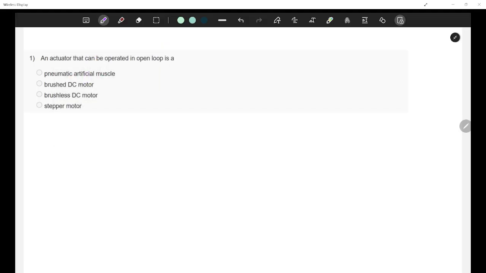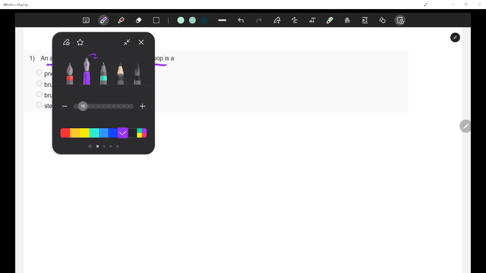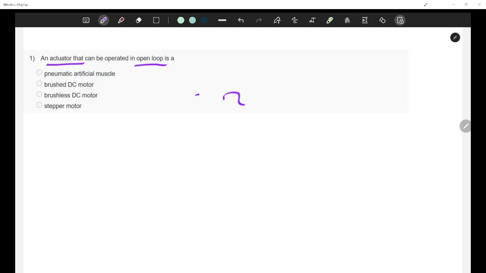An actuator that can be operated in open loop is what?